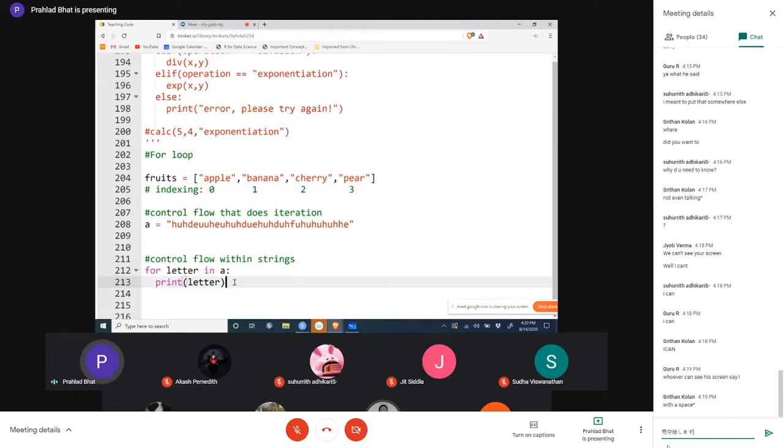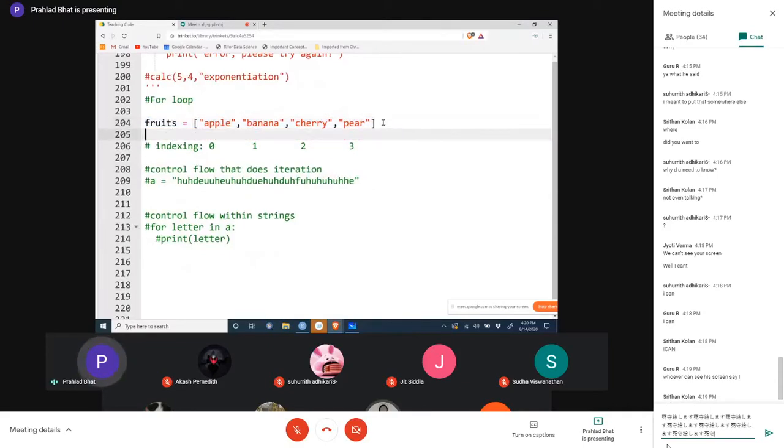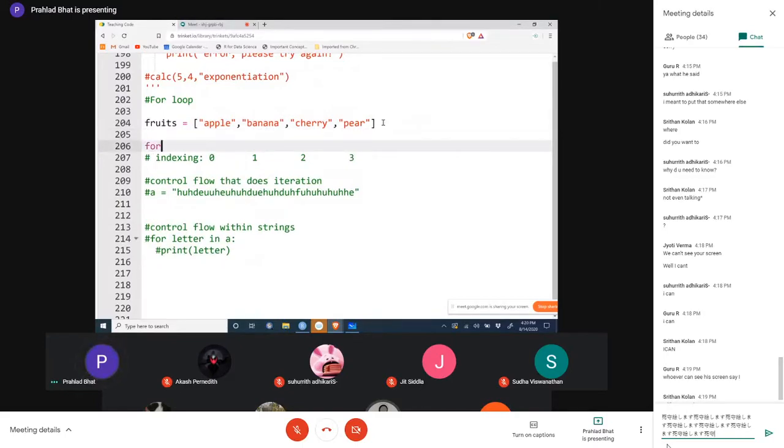Okay. So now let's try to do something where we implement if-else statements in for loops. Let's get back to the example where we have fruits. So we have our example fruits here. Let me just quickly do this. And so let's just forget about all this stuff. Just focus completely on the fruits variable that stores the list. So let's create a for loop. Let's say for fruit in the list fruits,